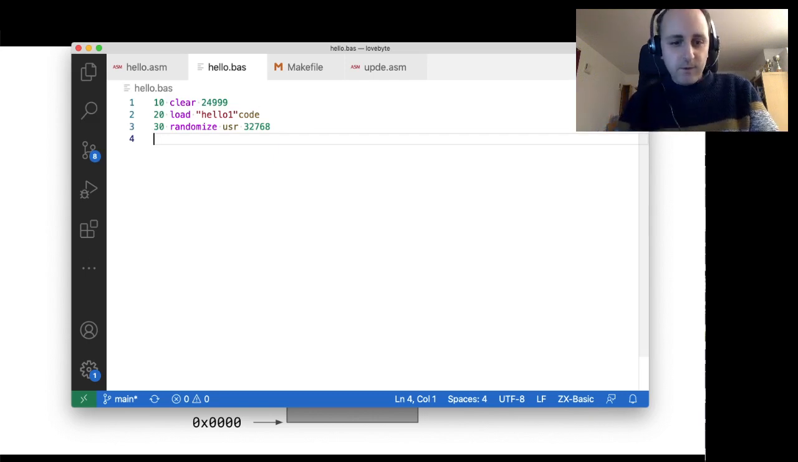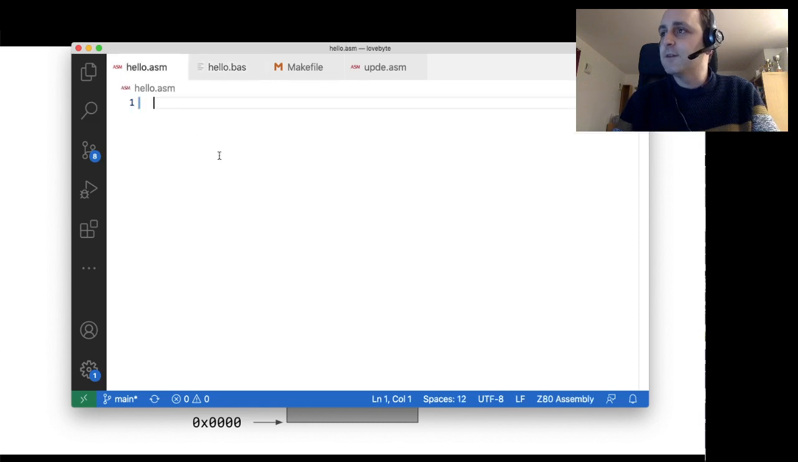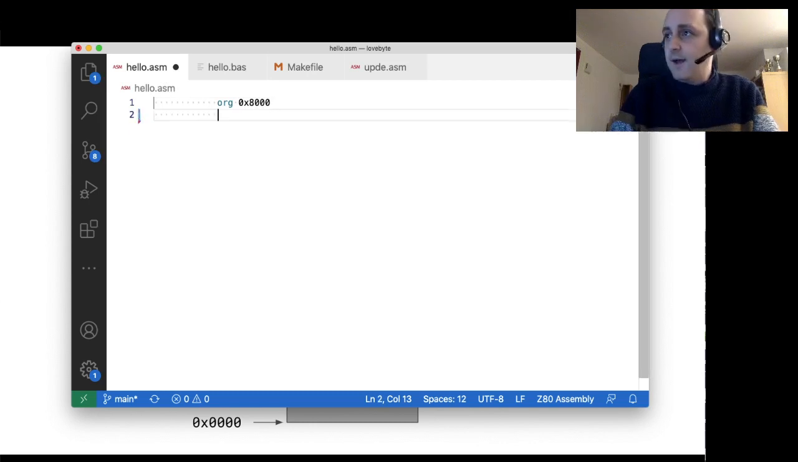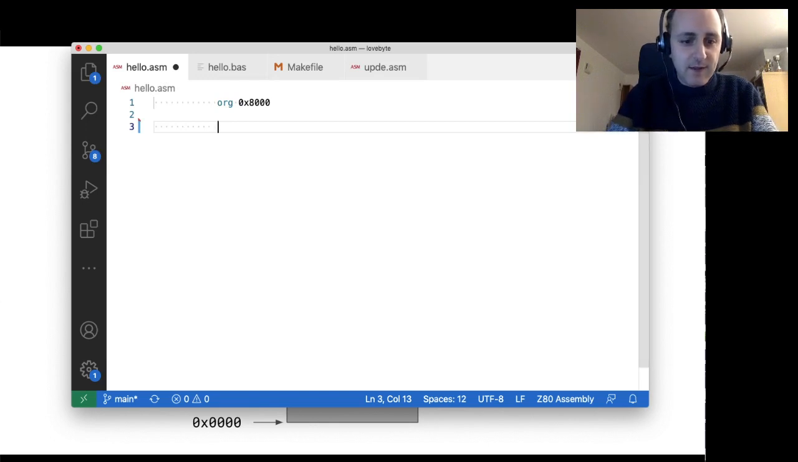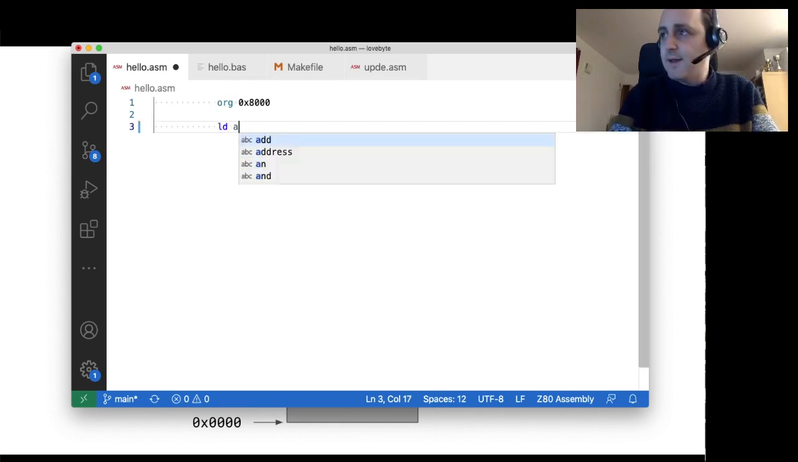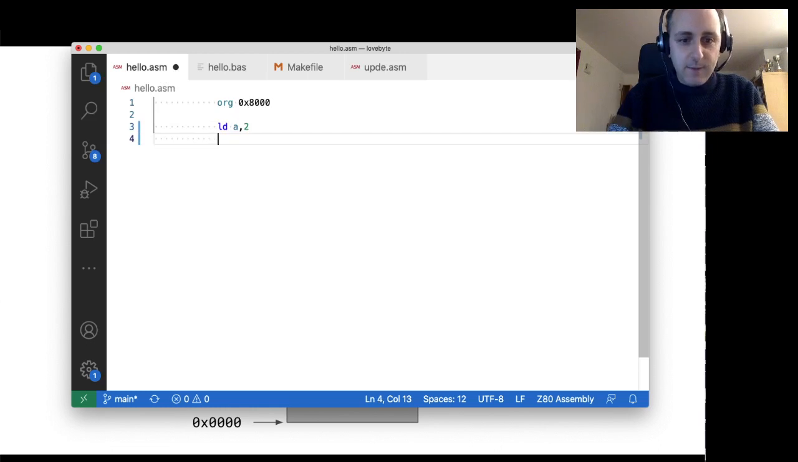So now that we've got all that out of the way, we can finally start writing some assembler. So let's get started on this. As I said, we'll compile our code to 8000 because that's where the fast memory starts, and I'll write the simplest possible program that does something, and that will be to turn the border red. So we'll load the A register with 2, which is the color code for red, and then we'll write that